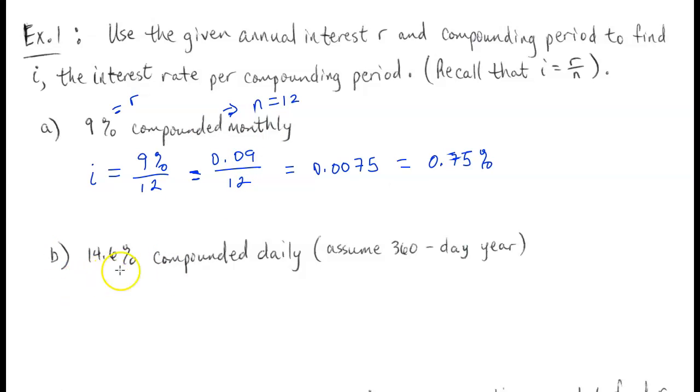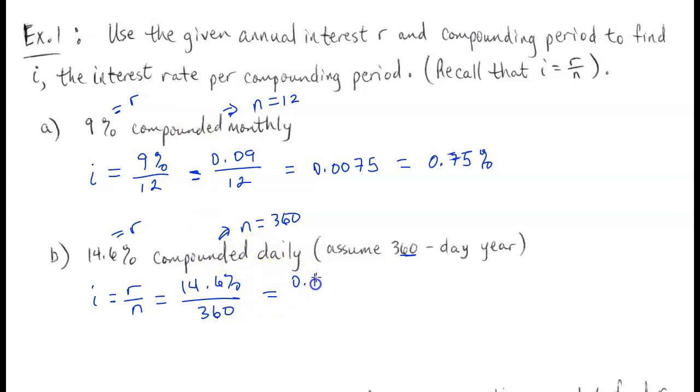So next, 14.6% compounded daily, and we're assuming a 360-day year here. So here this means that N is 360, and here R is going to be 14.6%, and so here this is just R divided by N, 14.6% over 360, and this just ends up being